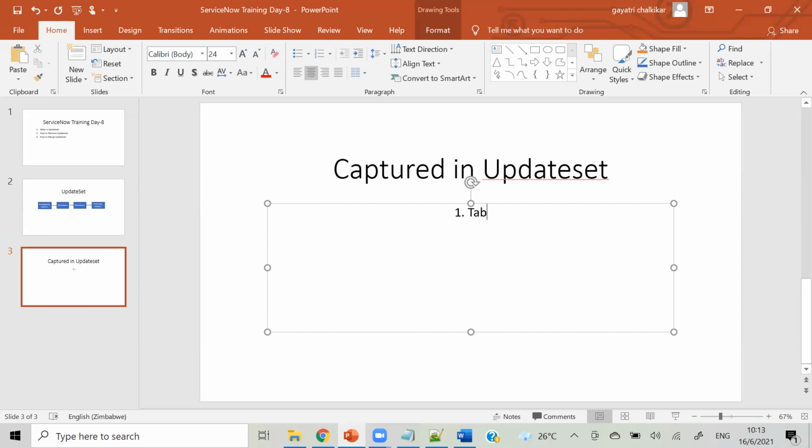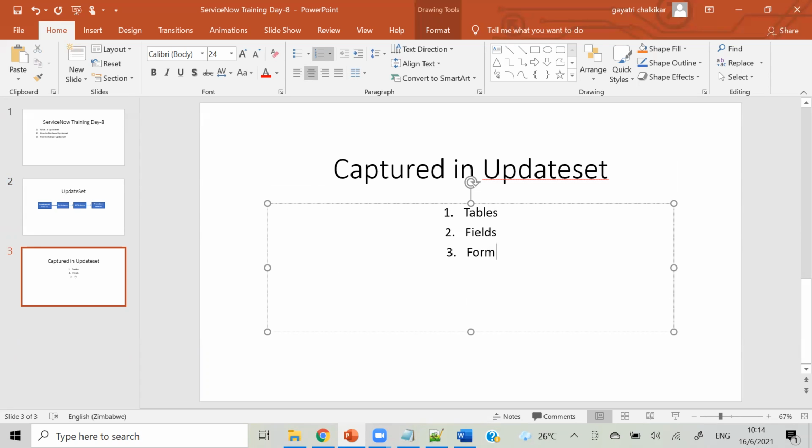So it will capture tables, like whenever we create a table, it will capture that. Okay, so whenever we create fields for our table, it will also capture that, like if that is a string or whatever, it will capture all those configuration. Okay, if we make that mandatory, read only, and visible or false, it will capture, and even those choice and it's dependent, it will capture all those things.